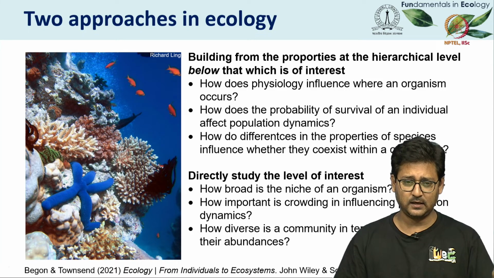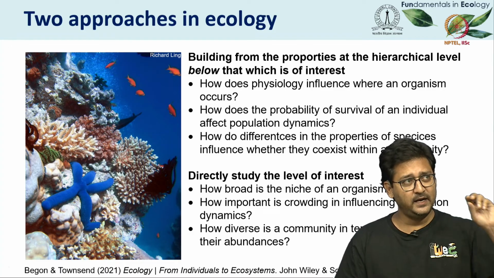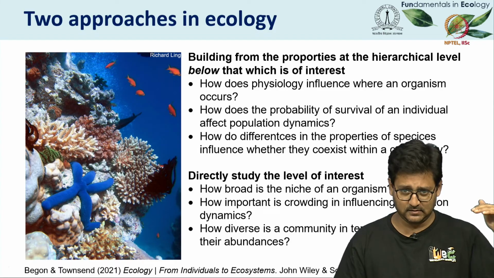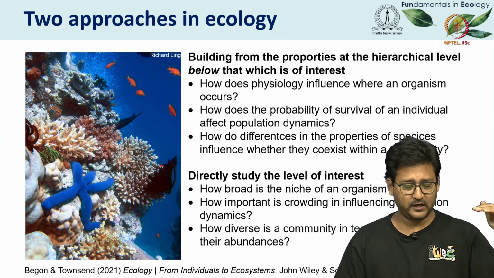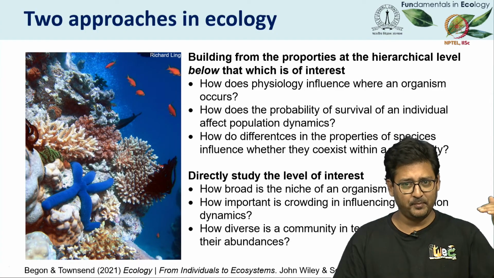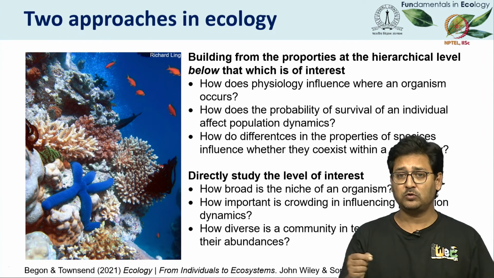You have a question at a certain level of complexity or at a certain scale in that hierarchy, but you're asking what are the properties at a level below that scale, what are the building blocks that lead to that scale,